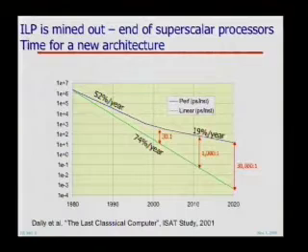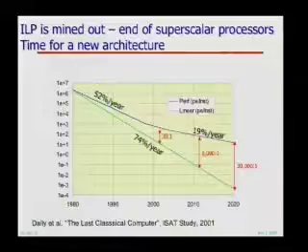But it's clear that that's mined out. Once you've gotten down to 4 fan-out-of-4s per pipe stage, you're not going to cut it much finer than that. So that vein of instruction-level parallelism was mined out. The other vein that was in that blue line during the 80s and 90s was instruction-level parallelism. The 8086 took about 10 clock cycles to do one instruction. By the mid-90s, people had machines that could do 4 instructions per cycle, although they rarely sustained more than one. There's sort of a 40x difference in instructions per clock over that period of time.